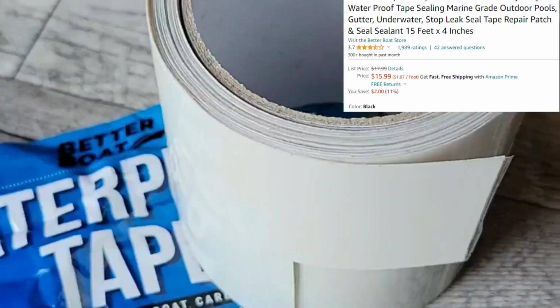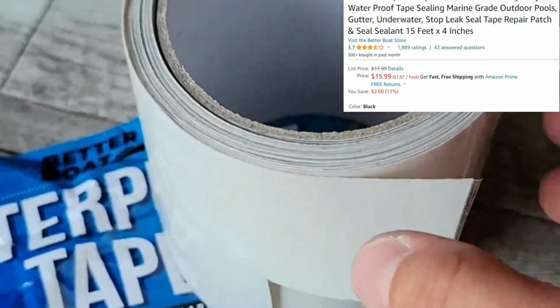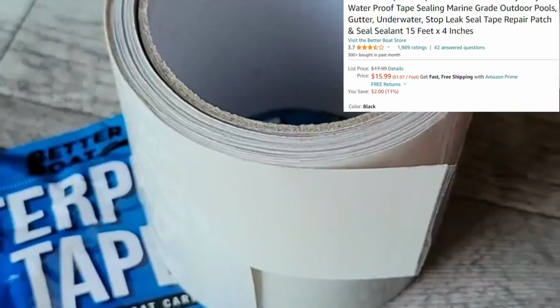Y'all take care. This waterproof tape by Better Boat is such a lifesaver. Have a roll of this around, because if you get a tear in the roof of your